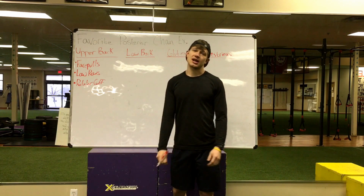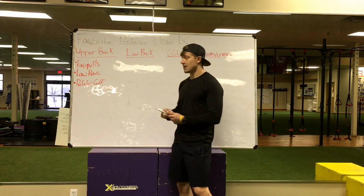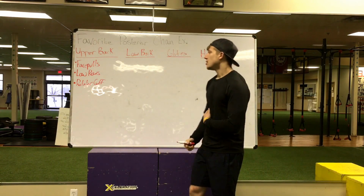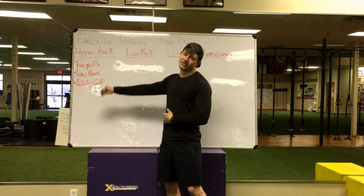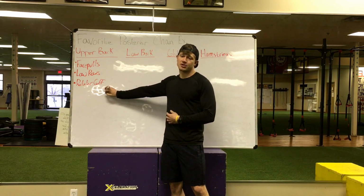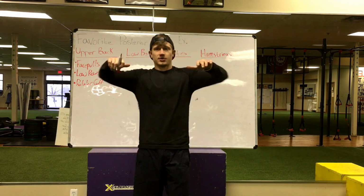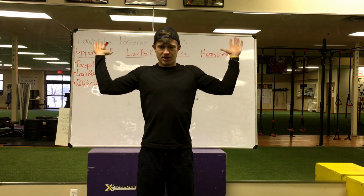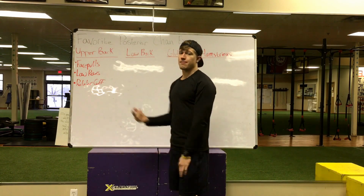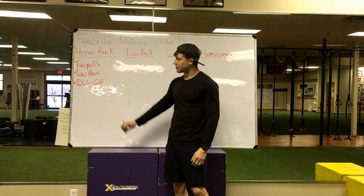Even shrugs can kind of help protect the rotator cuff. But basically, the stronger your upper back in general is, the better off you will be. But the rotator cuff specifically is very important. I love to do these external rotations. I love externals, whether it's with a weight or with a TRX or suspension strap. You do a face pull, boom, external before I bench, or really before any workout, squat, anything like that, to